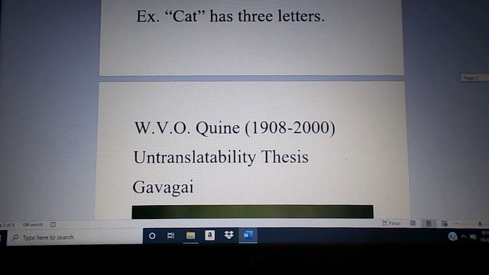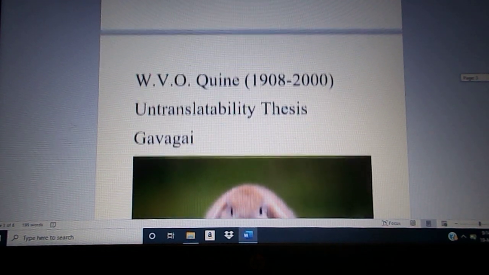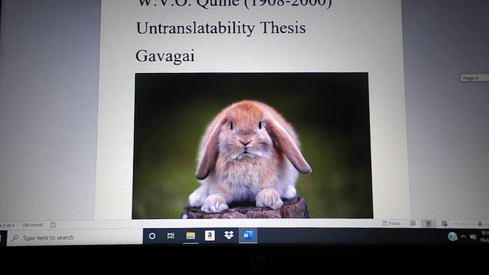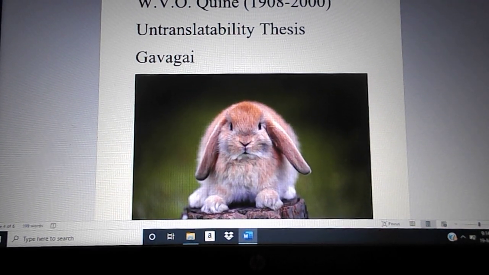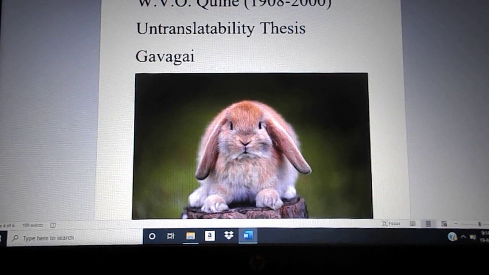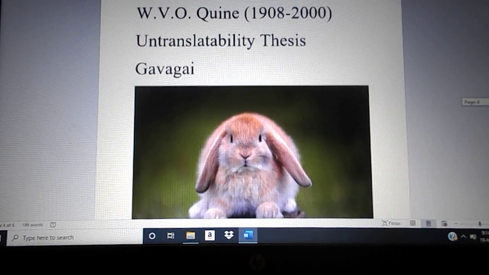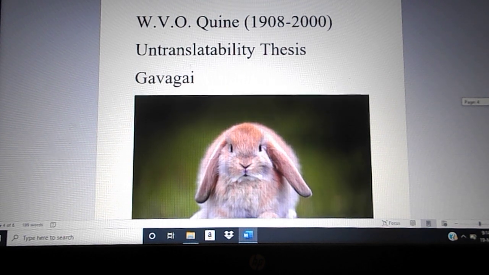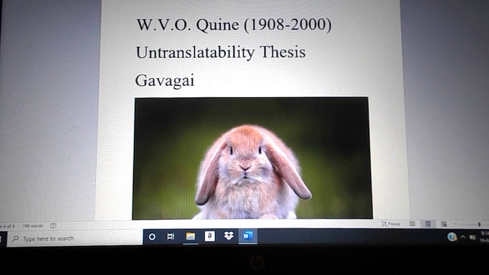Now, I wanted to mention another individual here, W.V.O. Quine, Willard Van Orman Quine. Lived from 1908 to 2000. He was a local boy, came from Akron, went to Oberlin University. Anyway, in the 1950s, Quine looked at this idea of language, and he talked about what he calls the untranslatability thesis. And that's the idea that